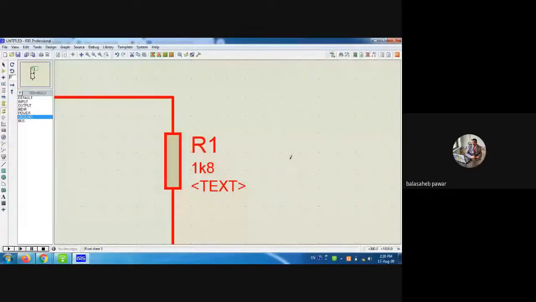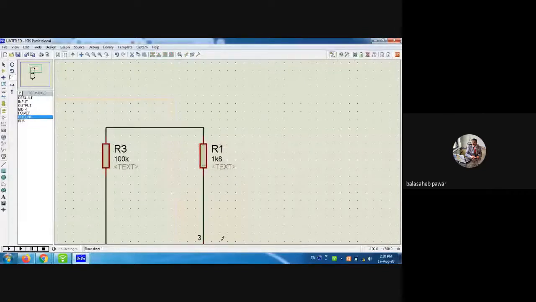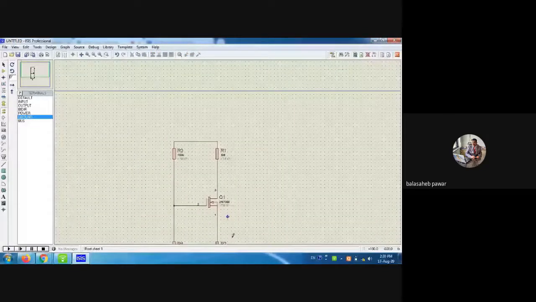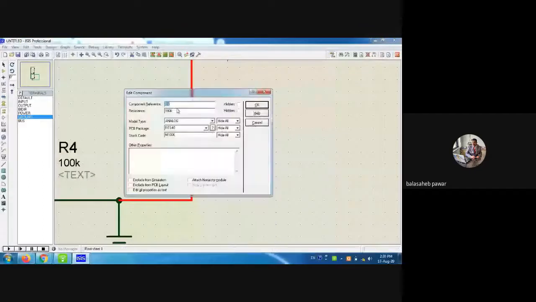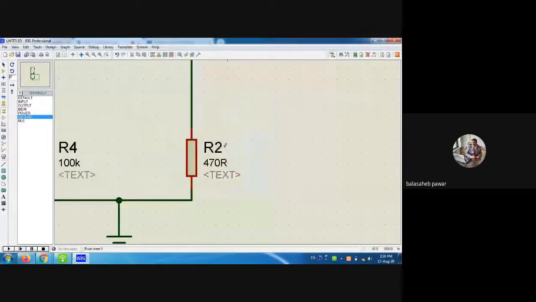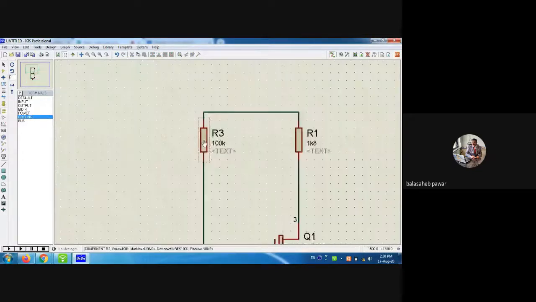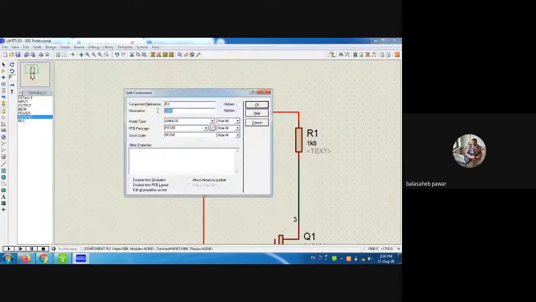Then RS, as per our calculation, it is 470 ohm. So how should I write it? It should be 470 and R. R stands for ohm, again as per the library language. Then this resistor, it is acting as R1. R1 is 10 mega, correct?